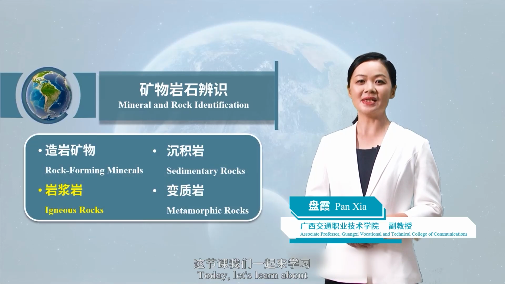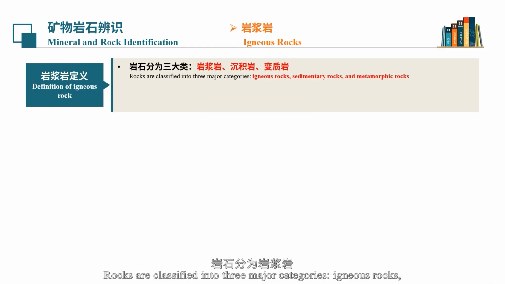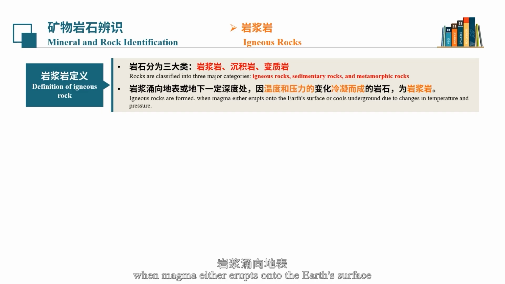Today, let's learn about igneous rocks among the three major rock types. Rocks are classified into three major categories: igneous rocks, sedimentary rocks, and metamorphic rocks. Among these, igneous rocks are formed when magma either erupts onto the Earth's surface or cools underground due to changes